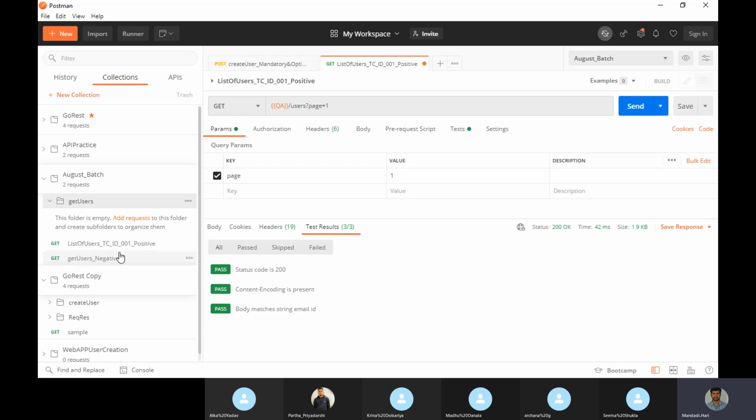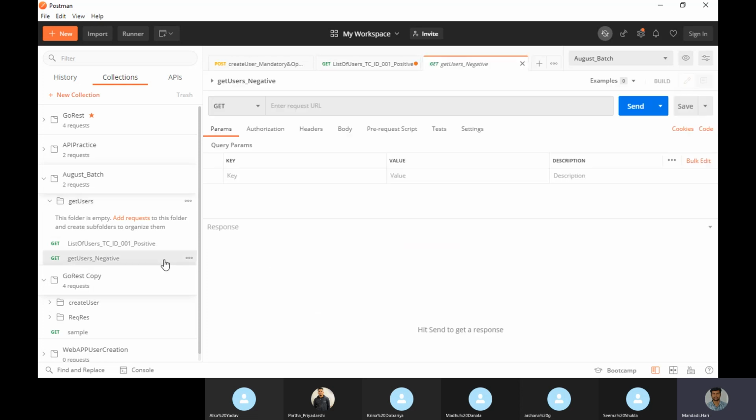Now one more get users. Above, I have written the test case name, list of users, test case ID 001, 002, negative. That also I can write. Now get users negative.